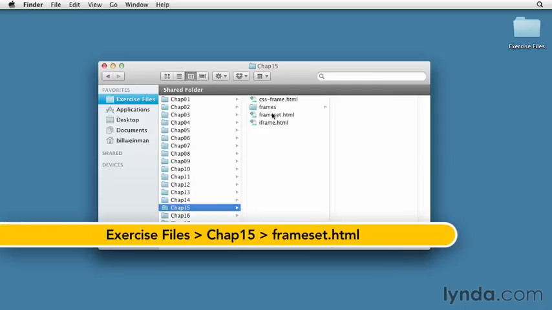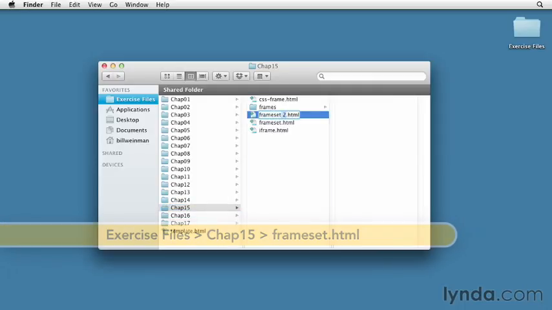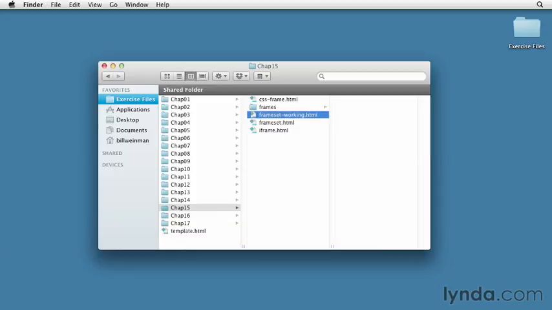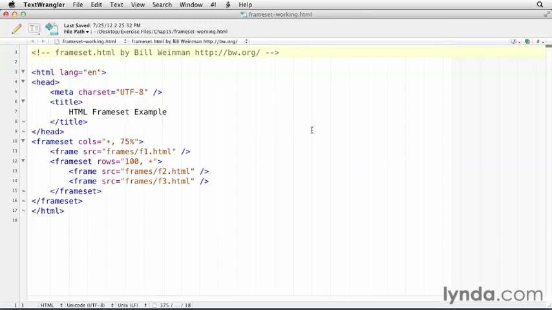Let's make a working copy of frameset.html. I'm going to rename this to frameset-working.html. This file actually loads some of the files from this frame subdirectory, and these are all very simple HTML files, as we'll see. Open up frameset-working.html in the text editor, and as you can see, this is a very